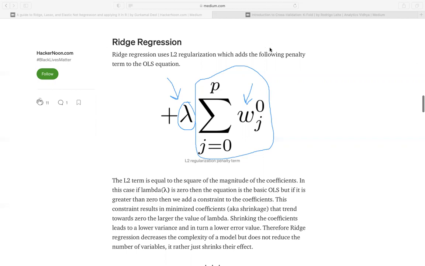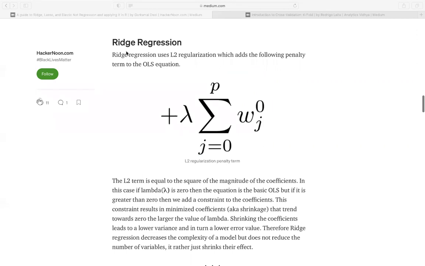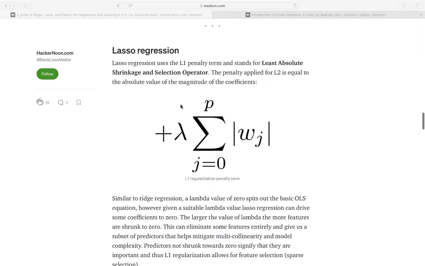It wasn't Lasso. Let's make sure that we are talking about ridge regression. Yes, we are actually talking about ridge regression. And another name that we use for ridge regression is actually L2 regularization. All right. So we do have the same lambda parameter as in Lasso regression, but this time we are using L1